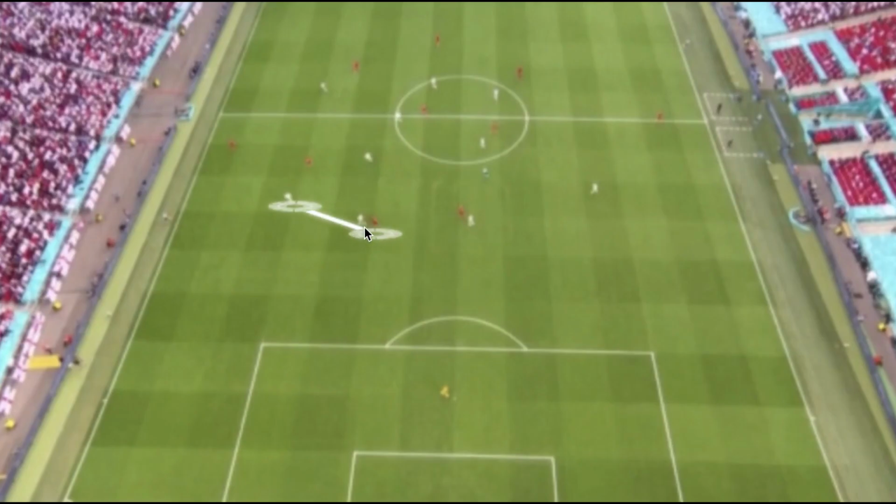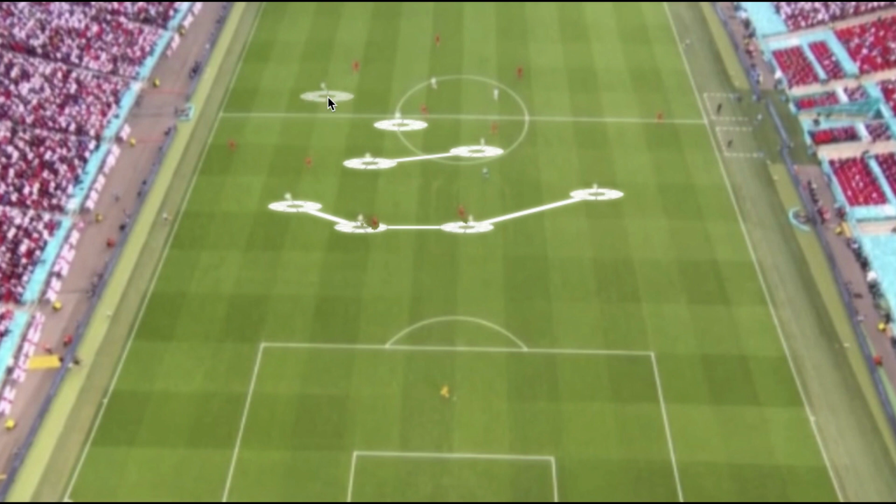In deeper areas, we still see a back four from England and our three-man midfield, but it starts to look more of a 4-3-3 with two holding midfielders, or 4-2-3-1, depending on the height of the wingers, but with very aggressive wingers looking to press early from out to in, using their cover shadows to block the wide areas. It gave Denmark a little bit of trouble trying to find meaningful connections,